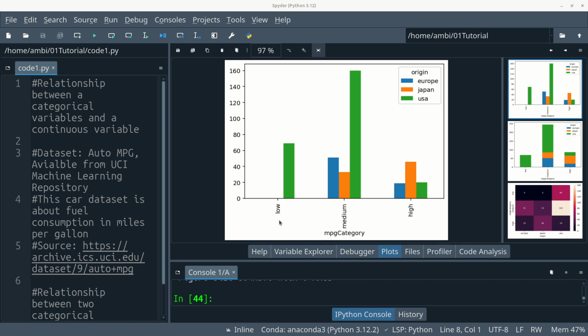Hi, in this tutorial, we learn to visualize the relationship between two categorical variables. As you can see on the screen, MPG category is one categorical variable and the origin of the car is another categorical variable. We'll use a plot something like this to visualize the relationship between these two categorical variables. And as you can see here, that low category in MPG